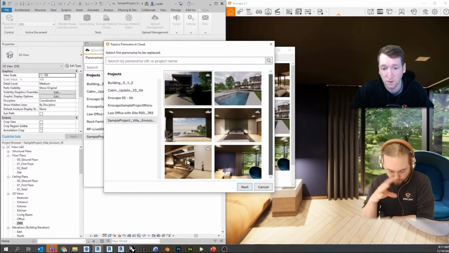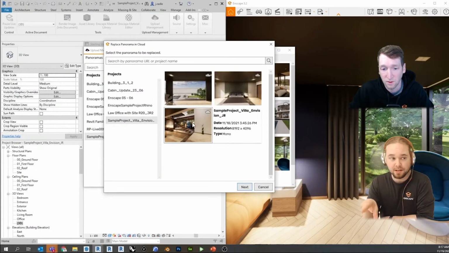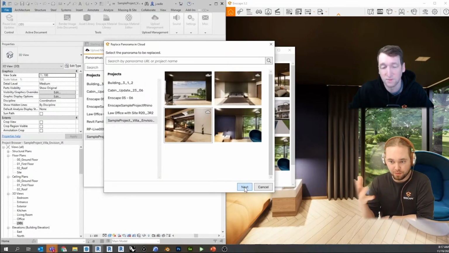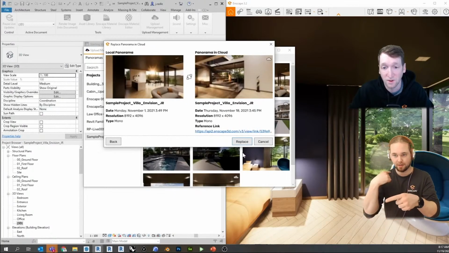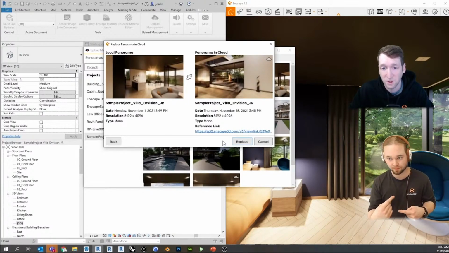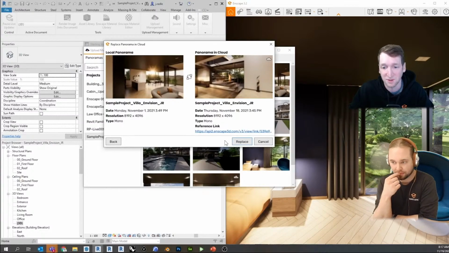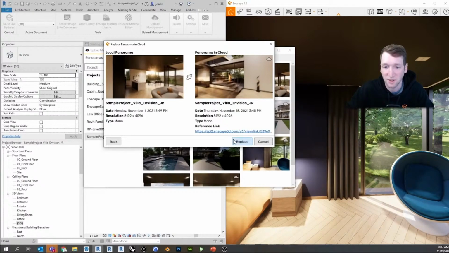So that means you can have one static link on your website, or you can have one QR code maybe printed on a sticker at the construction site, and you can replace the content? Correct. Yep. So now, like you said, you can have one link and it's going to automatically be replaced.